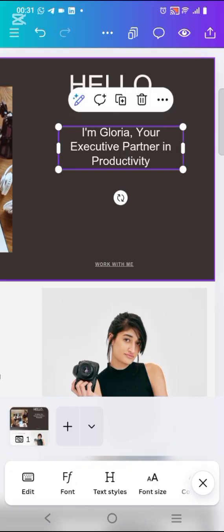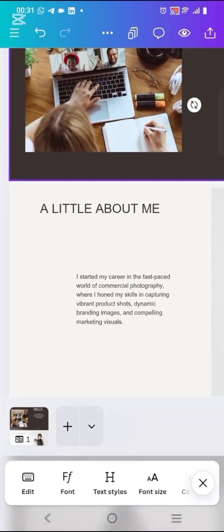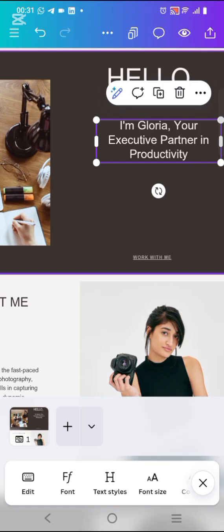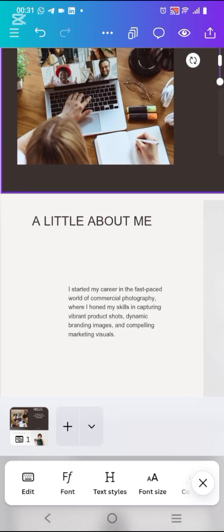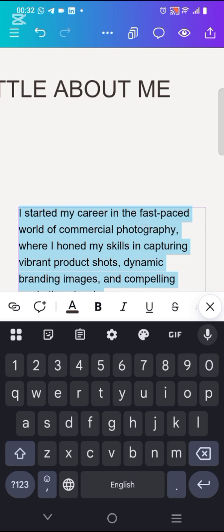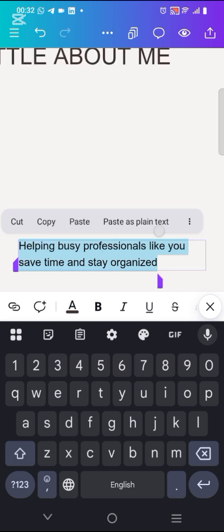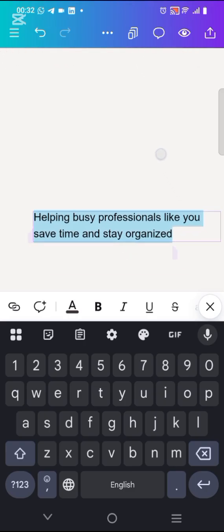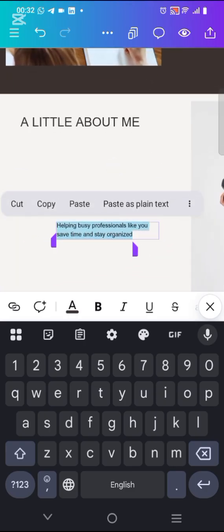Okay. Now let's continue with the second page. A little about me, just like I was doing before. Now let's write a little about us. I think what I removed from this front page, I'm going to add it under a little about me. So I'm going to edit this particular one down here. Okay, so this is not enough just to write about me, helping professionals like you save time and stay organized. I'll have to add more details like,